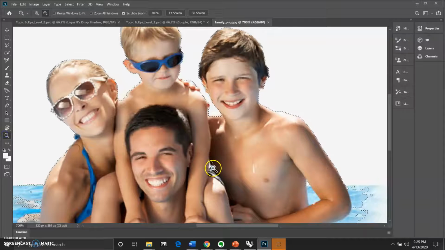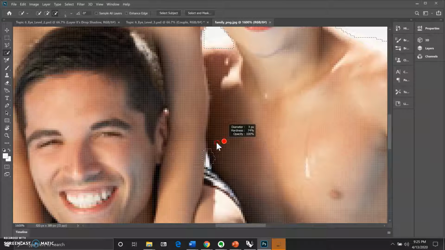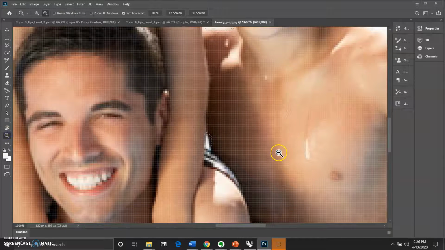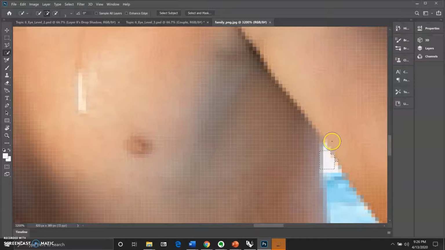We might want to zoom in further to fine tune it. We can type W, the shortcut to the Quick Selection tool, then hold down the Alt key and the right mouse button and go to the left even further to make the selection tool even smaller, and hold the Alt key down to continue to fine tune the selection. Here we want to zoom back in and add the white pixels to the selection. So we type W, and it looks like the circle is too big. We hold down the Alt key and right mouse button, go to the left to make it even smaller, and hold down the Shift key to add the white pixels to the selection,